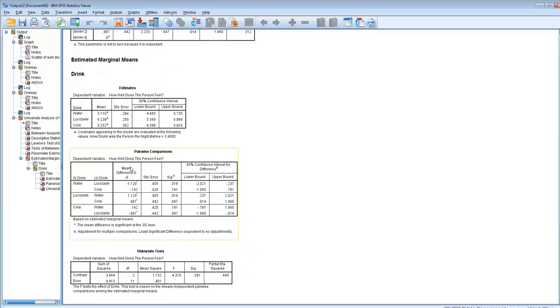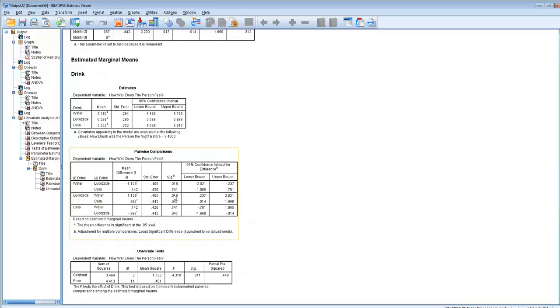Let's see where the difference is located in the pairwise comparison. Water versus Lucozade is significant. So Lucozade is a better choice over water, we could conclude. How about water and cola? Not statistically significant. So whether you drink water or cola the next day may not have an effect on how well you feel. We could also compare Lucozade and